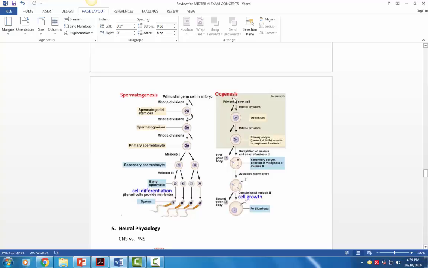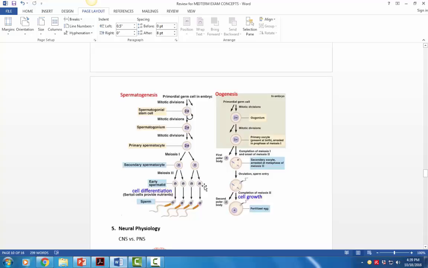So remember that we have meiosis 1 and meiosis 2. We start out with a primary spermatocyte and a primary oocyte. And then when meiosis 1 is complete, we have 2 haploid cells. And in the female, we have a polar body and a haploid secondary oocyte. So after meiosis 1, we have secondary spermatocytes and secondary oocytes. After meiosis 2, we have spermatids, still haploid, and we have, again, this